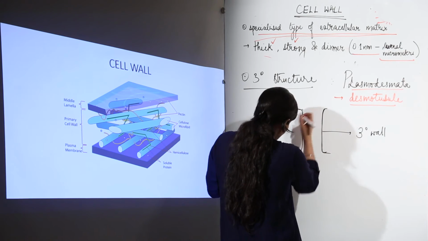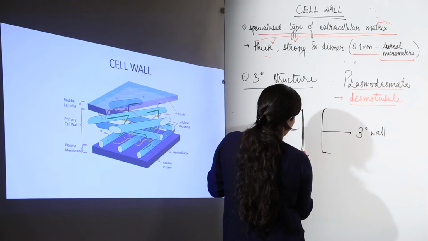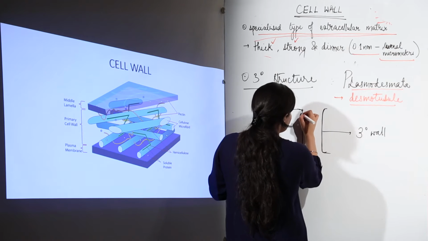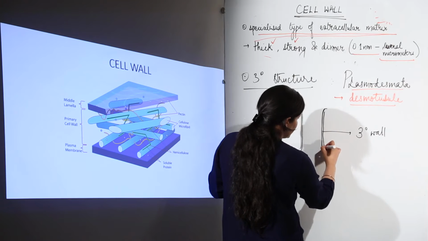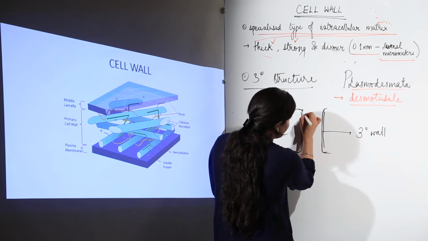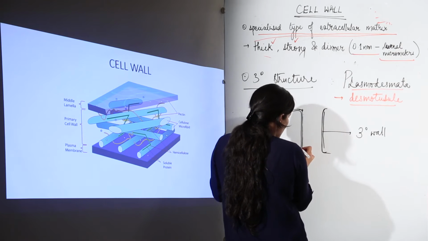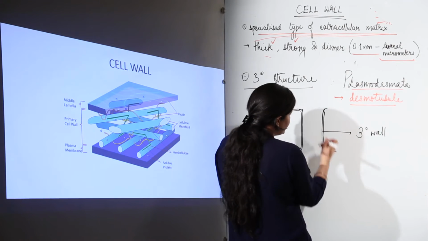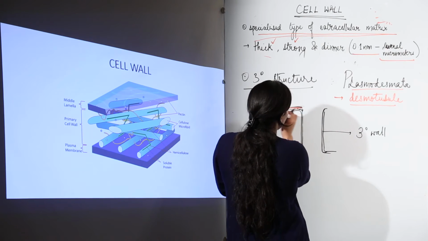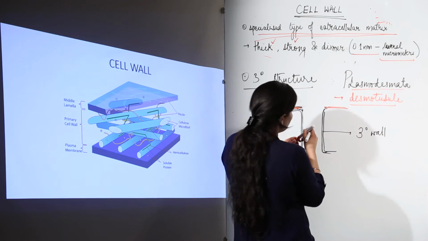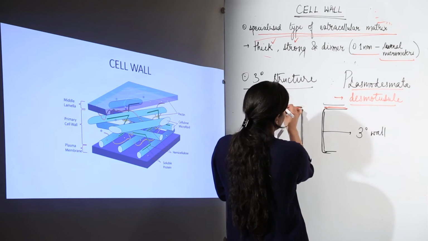Outer to it would be the primary wall. I'm sorry, it's a little bit mistaken. This would be the primary wall, inner to it. Okay, and this would be the tertiary wall that is in contact with the plasmodesmata, the passage. This would be the primary wall. Okay, and this particular part would have the middle lamella, because here there is a junction between two cells. Two cells are attached to each other. Here the cell would be in contact with the other cell.